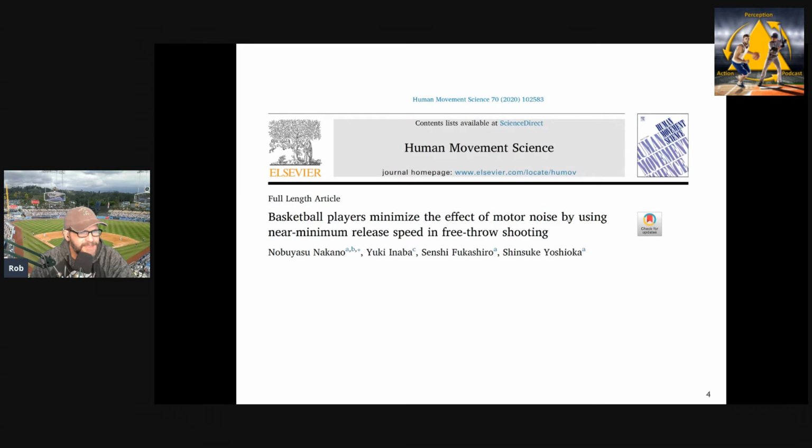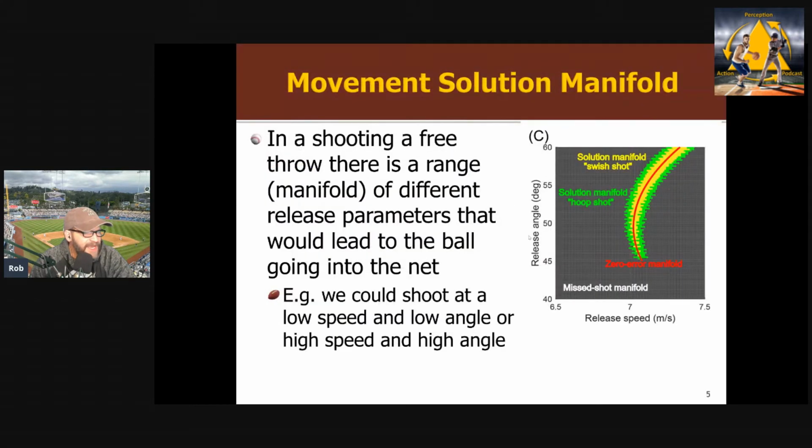Published in Human Movement Science, right? So what they did in this study was they did some measurements and also some modeling. Very interesting, right? What they showed first is that if you look at the basketball free throw shot and you model it in terms of two parameters, the speed at which you release the ball and the angle at which you release the ball,